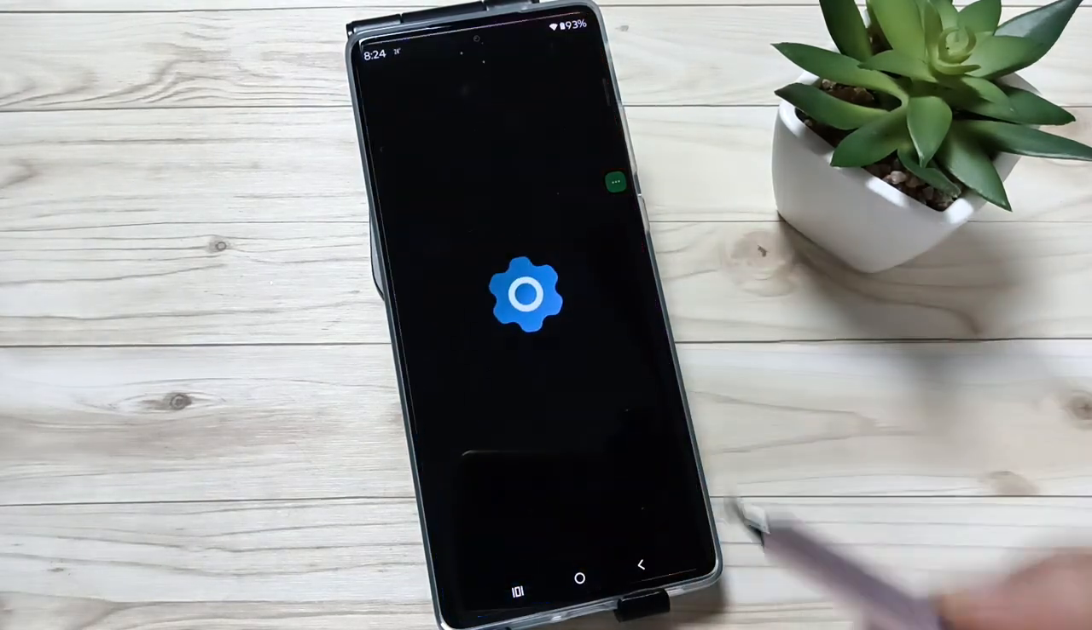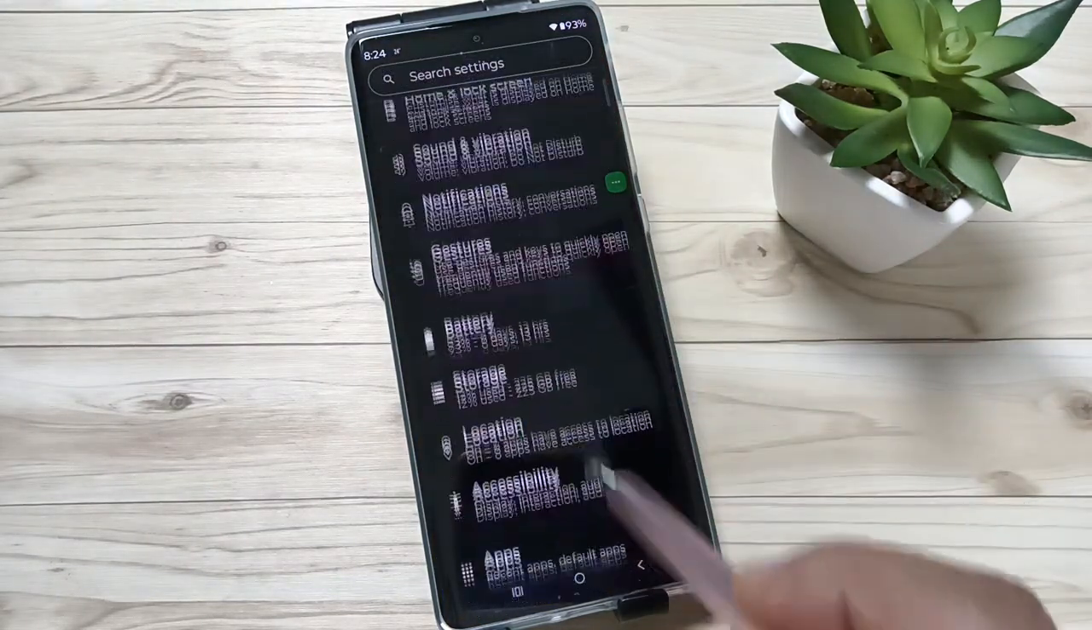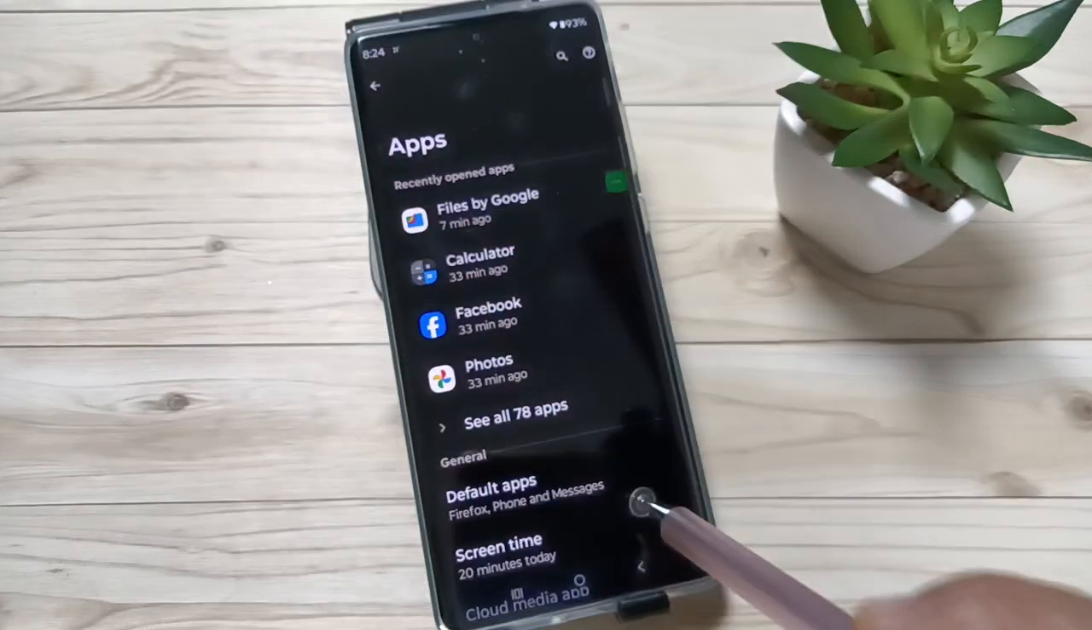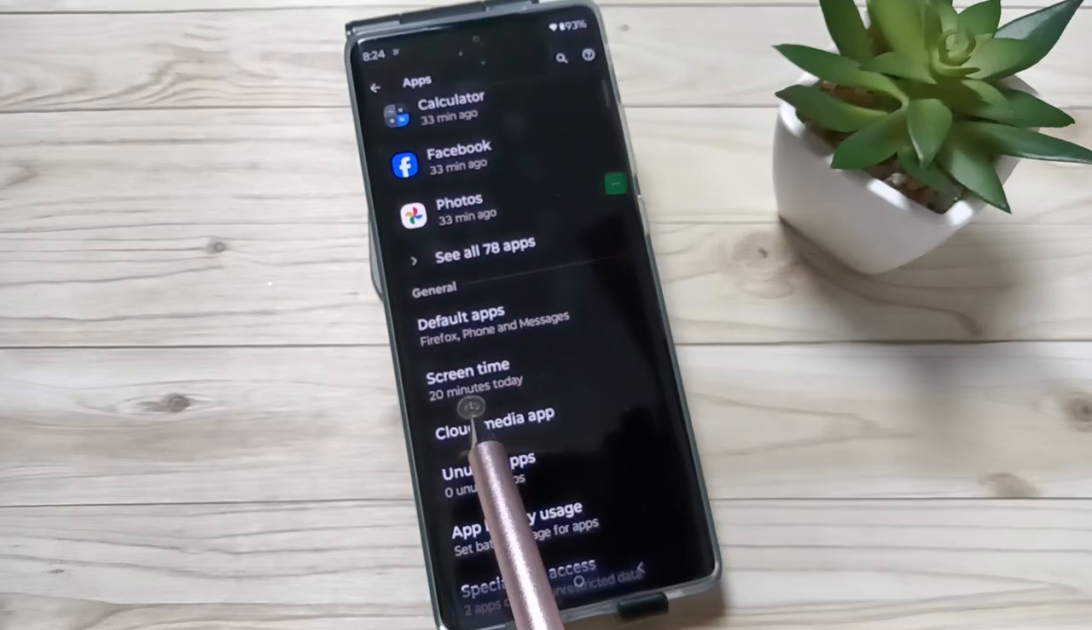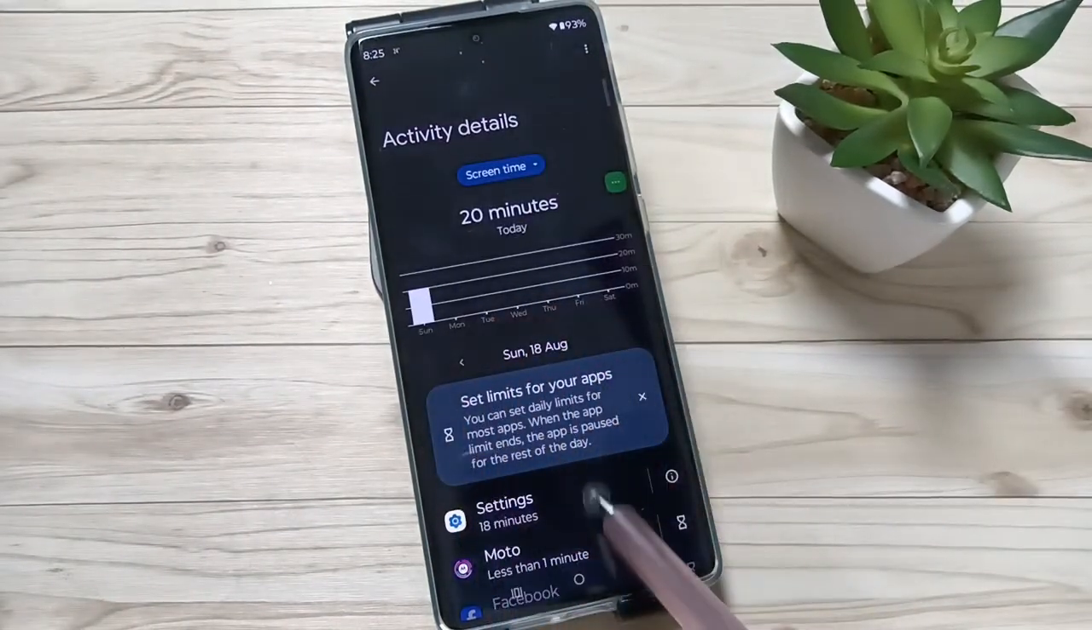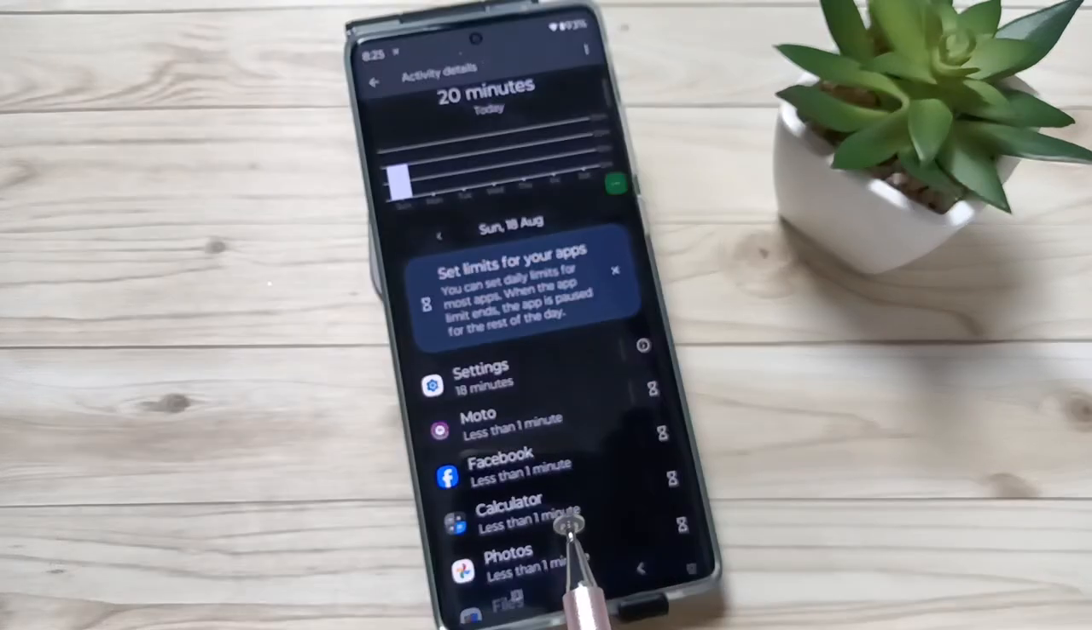For this, go to settings, then scroll down. Here you can see the option Apps. Tap on this one, then again scroll down. Here you can see the option Screen time. Tap on this one, then you can see the screen time, how much you used in your